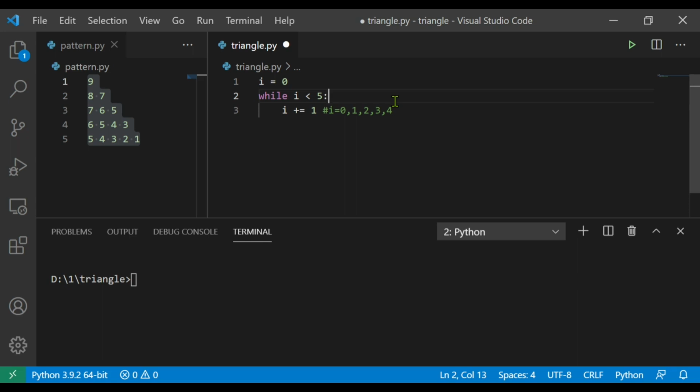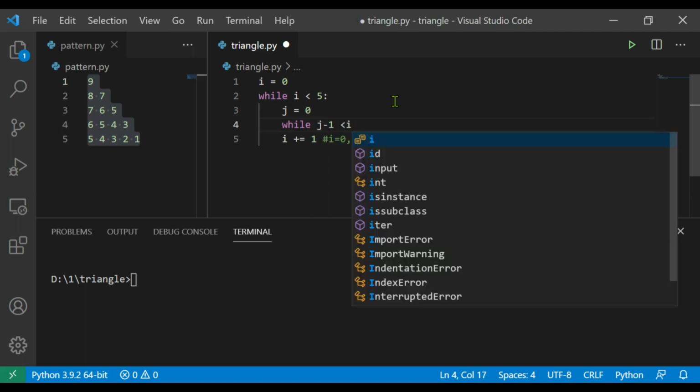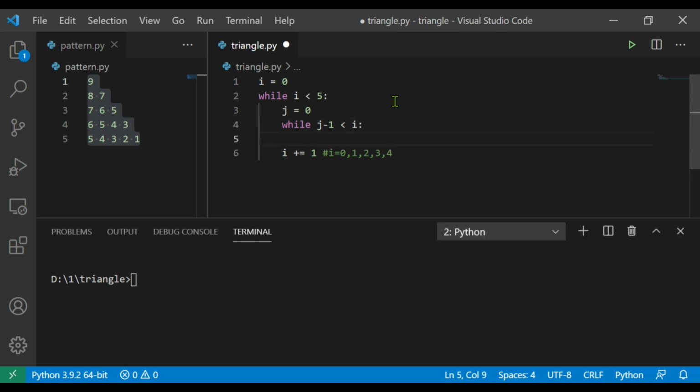To print this type of pattern, we require a nested while loop with a variable called j. j = 0. Nested while j - 1 < i. And at the end of nested while loop iteration, we are going to increase j value by 1. Here,